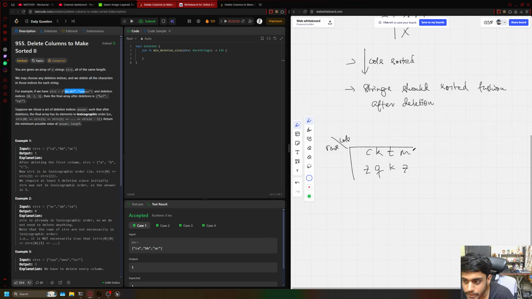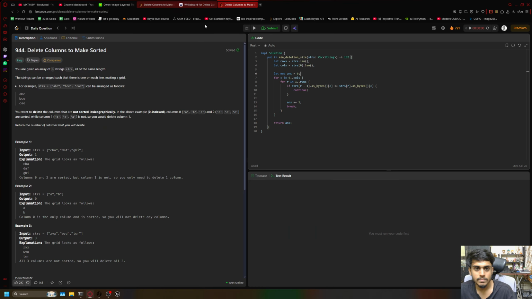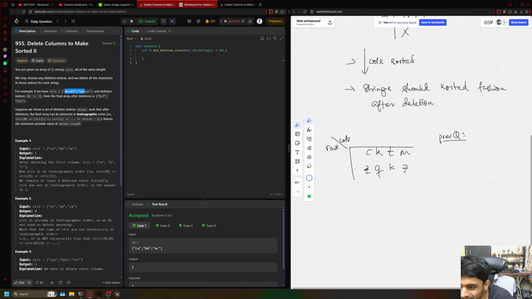Based on the previous question, here c and z are sorted, so I don't need to delete it. k and q, k is lesser than q, this is good. Now I have t and k, t is greater than k, right? So I need to delete this, so 1. Then I have m and z, m is lesser than z, so this is also good. So as per the previous day's problem, the answer should be 1, but